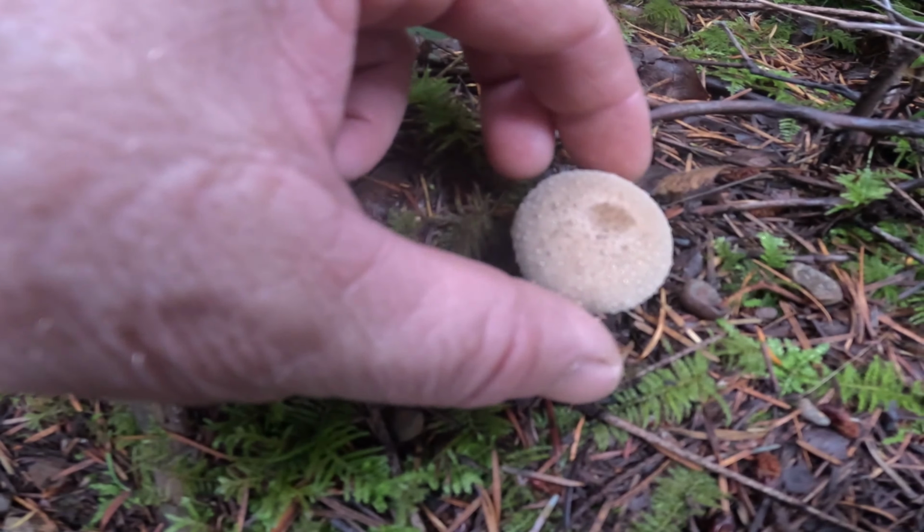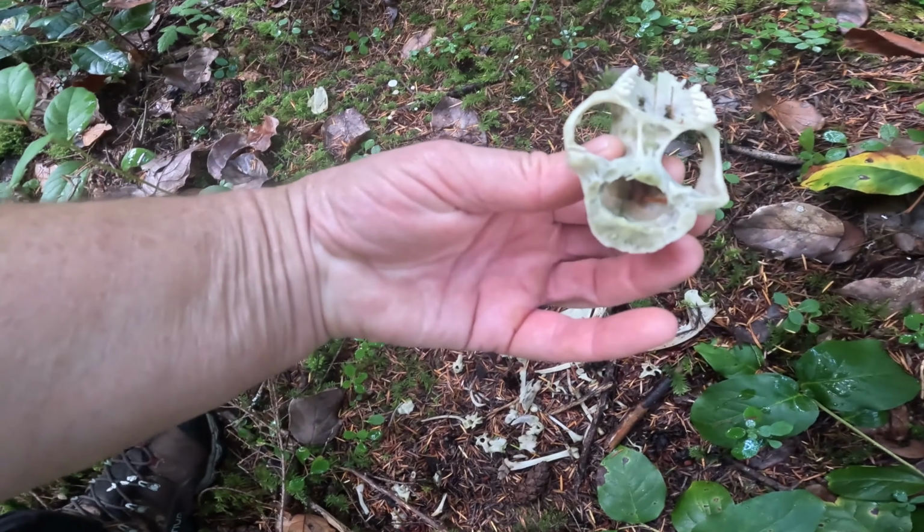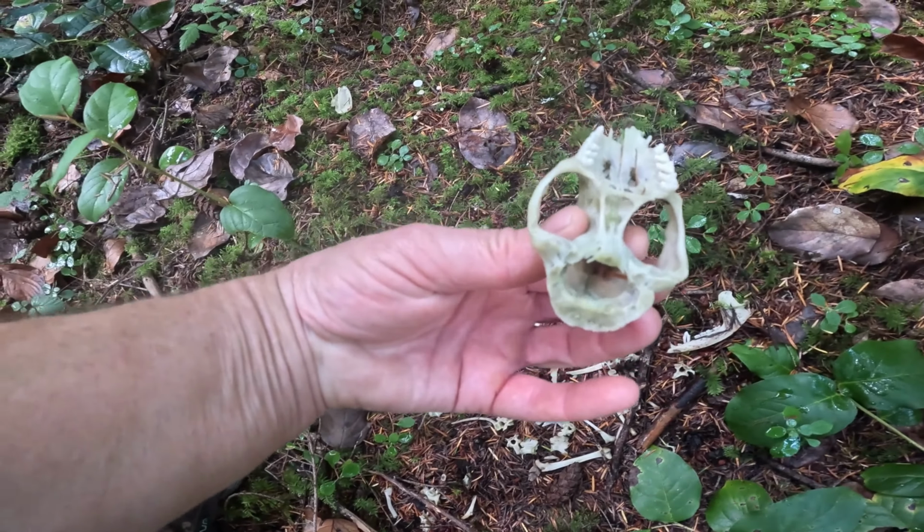We've gotten away from all the cedar trees, but now we're in an area with kind of big Douglas fir. And the chanterelles are actually associated with kind of medium-sized Douglas fir. Oh, looky here. There's a skull here. What have we got? I think this is a possum. It could be a raccoon too. There's the skull and the upper teeth, and there's some of the lower teeth there. Awesome. I would take it, but I don't have kids at home anymore that are into collecting these things,